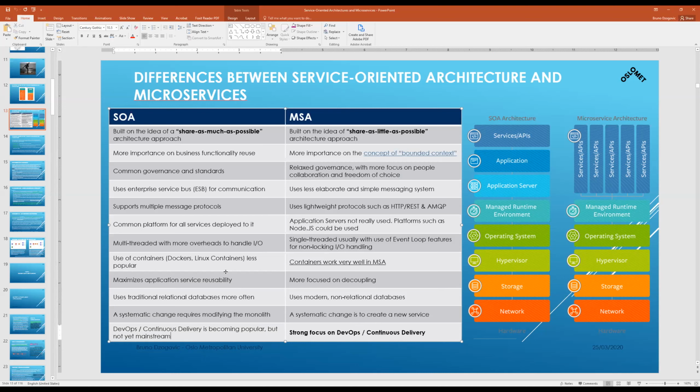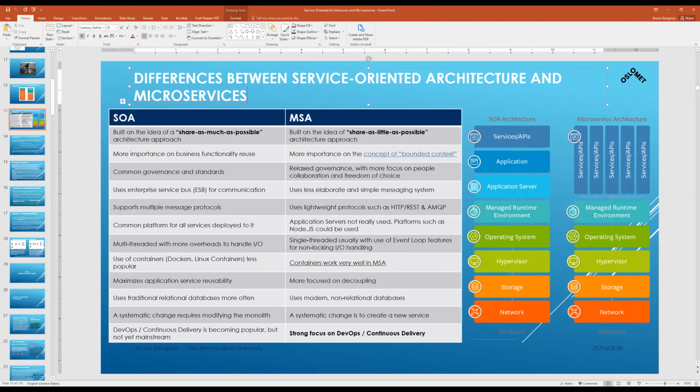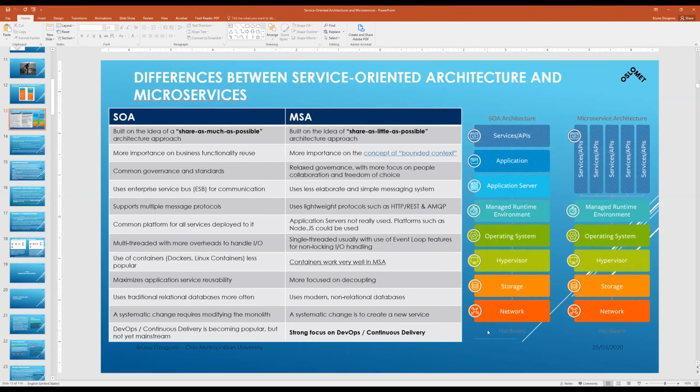So it's possible. Actually, this is a subset of this. If you see the actual difference, it's very similar, except in microservices we have something extra compared to service-oriented architectures.